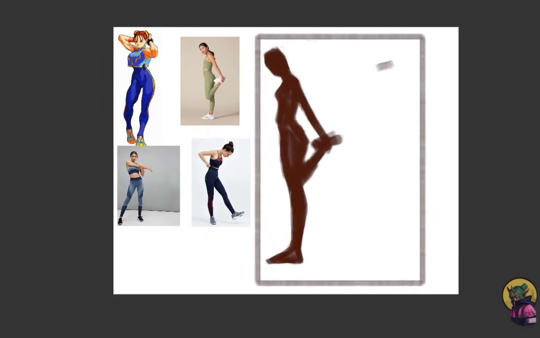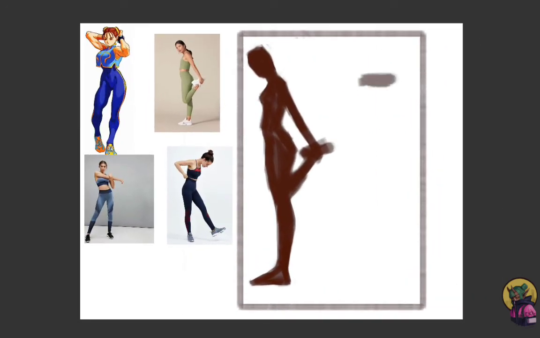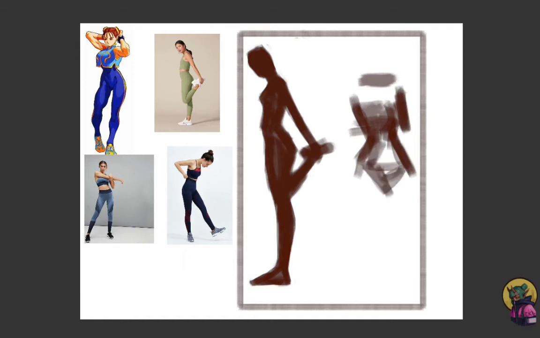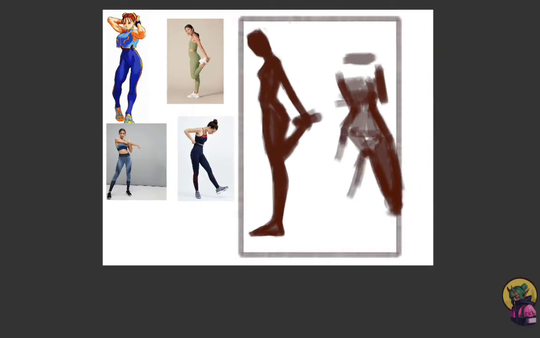And for the other one, we can do two poses. For this other one, it's her stretching her arm, and I'm trying to do that one as well, but also trying to stay true to the things that we know to be true about Chun Li. Like she has some really huge thighs. So in this one, I'm trying to make the thighs purposely